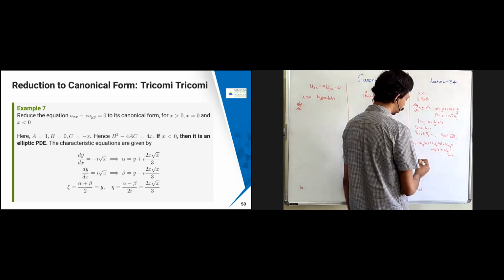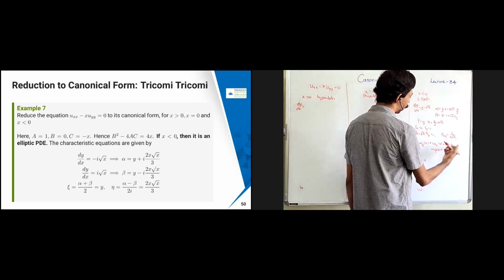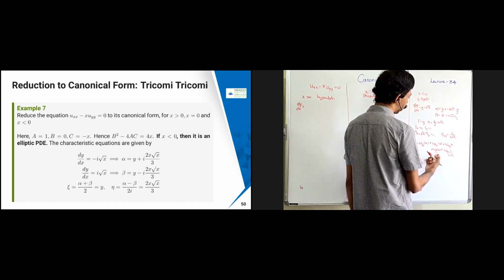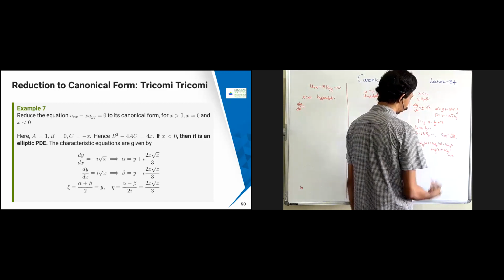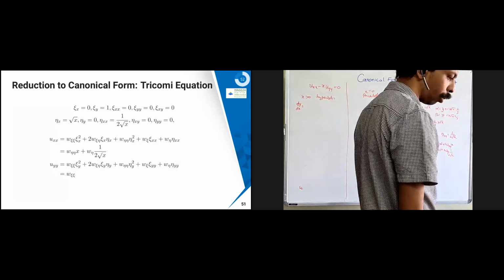Same way here. W chi eta y square, that's going to be 1. Okay, therefore this is going to be there. W chi eta y is already 0, therefore it is not going to be there. W eta into eta yy, so eta yy is already 0, that is not there. And then w chi into eta y is 0. And then w eta into, sorry, chi yy is 0 already, so it is not there. Correct? The remaining are going to become 0.